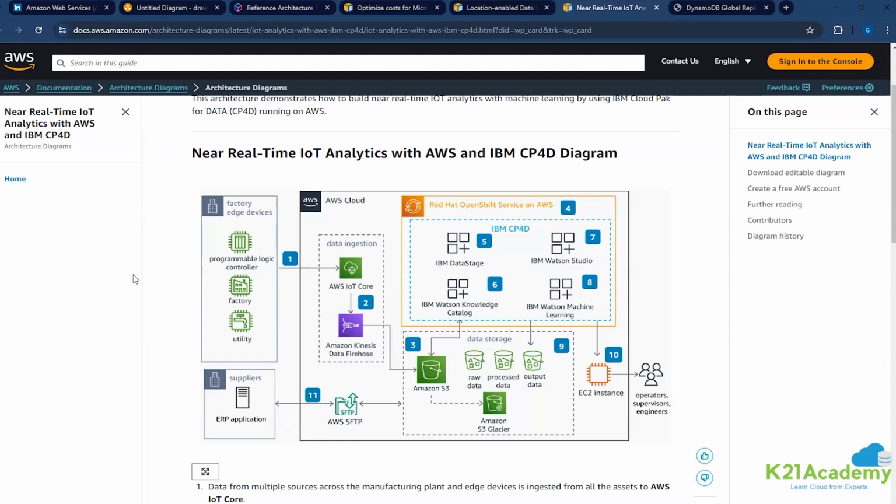Just take any imaginary company, glass manufacturing or machinery or a Tesla factory. Just imagine anything. This left side, factory edge devices, is nothing but a Tesla factory. Now, the data from the car manufacturing factory is fed into this machine learning studio. And now, what kind of output data can you expect? And what do you do with that output data? Give me a problem and come up with its own solution.